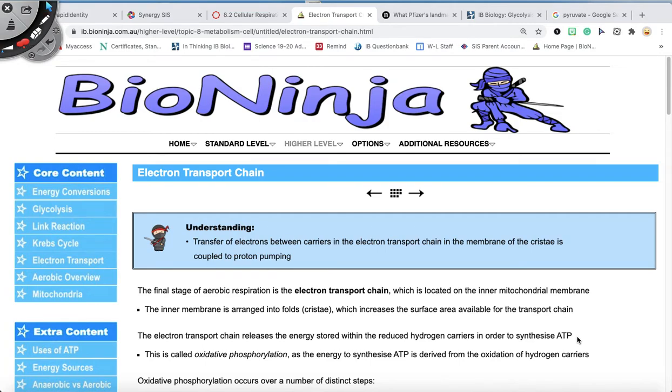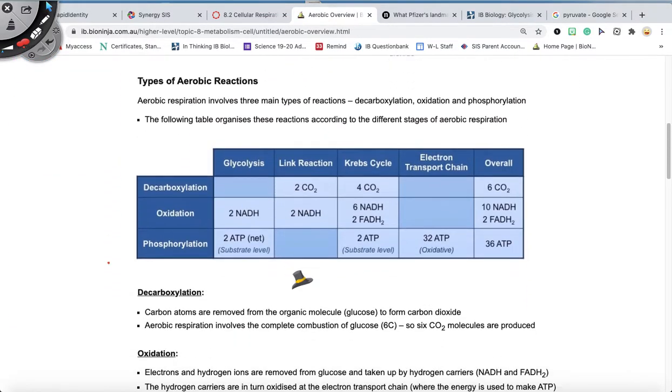Hi, IB Bio students. Today we're going to continue with 8.2, looking specifically at the electron transfer chain, which is part of aerobic cellular respiration, and we're going to look at the details of the electron transfer chain. Before we do so, I want to look at the overview of cellular respiration